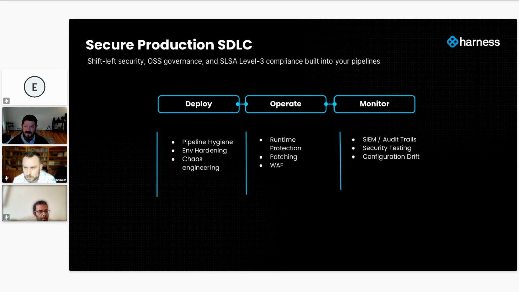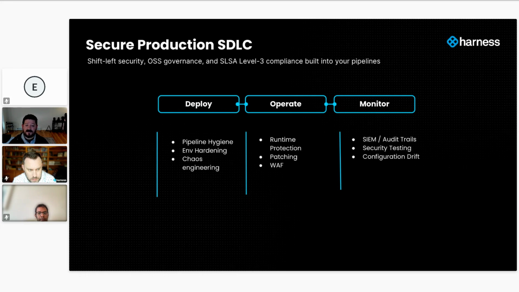Pipeline and environment hardening, making sure that we've actually taken the time to go through and understand how these systems are configured, who has access to them, to test them regularly with things like chaos engineering or game days, understanding what our failback strategies look like. And then as you're operating, the classics still apply. Things like monitoring and web application firewalls and your classic infrastructure security stack are still applicable, whether you're on-prem, in the cloud, or a hybrid.